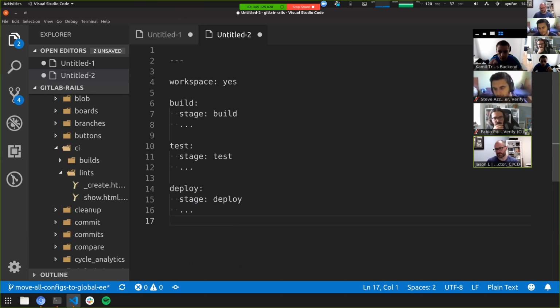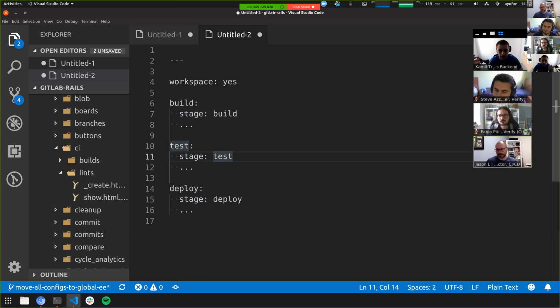The logic for the workspaces would be that if you try to retry the deploy job, it means that we're not going to have the workspace, so we're going to automatically rebuild: build, test, and run the deploy after executing these two first ones. Because one of the challenges of running the workspace is we don't know what to prefill. But maybe the logic could be very simple: if you have 3 different stages and you retry the third stage, we just rerun everything in the first 2 stages, because we assume that this is required for us to prefill